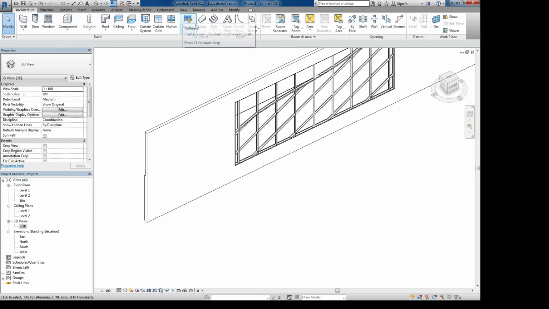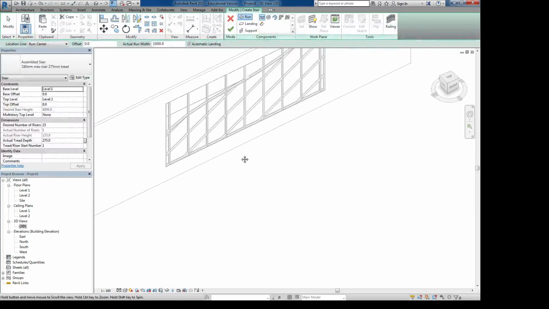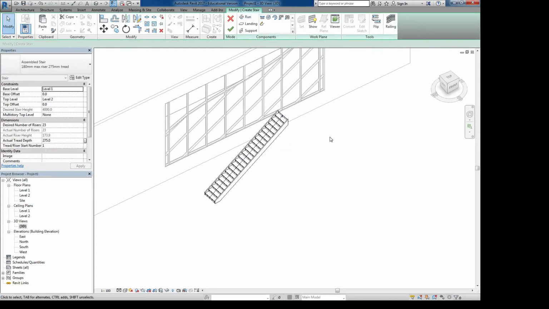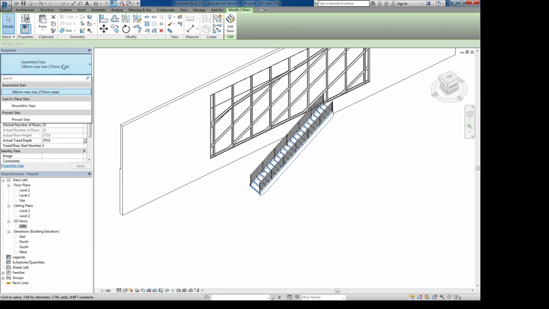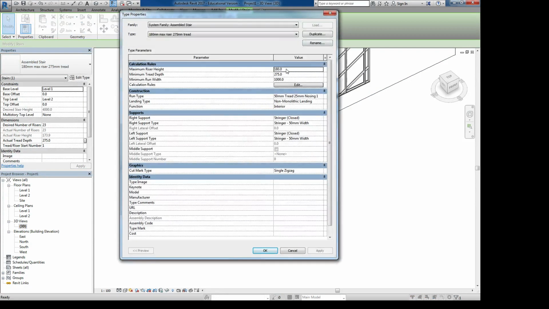The last thing is about stairs. I think we talked about that last time, but just to show it one more time, I think it was Linfun's project that we talked about this. So when you have a stair, it will just read the treads and risers based on a standard that is given to it. You can change the type, but you could also go in and manually change stuff. So if I go in and I say, okay, I want this to be 300 and I want this to be 150,